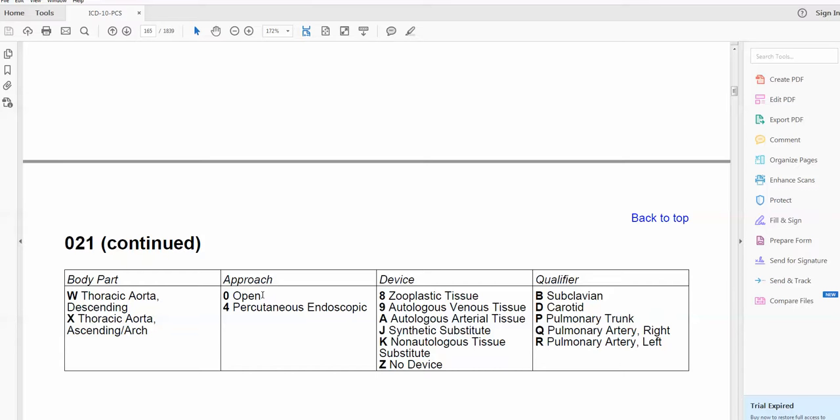Remember, approach open requires them to cut down through multiple layers of skin and tissue to get to that specific procedure site. Percutaneous endoscopic, they're actually taking a scope, like an endoscope or a thoracoscope, and making minor incisions and utilizing the scope to reach the site and perform the procedure. And then once you have identified the correct approach, you'll want to determine what type of tissue was utilized as